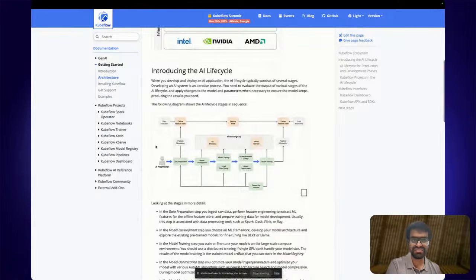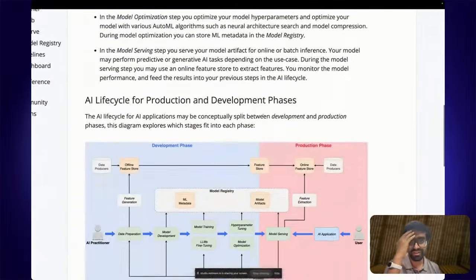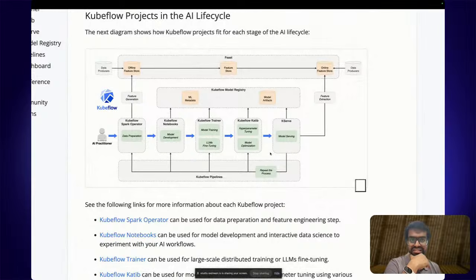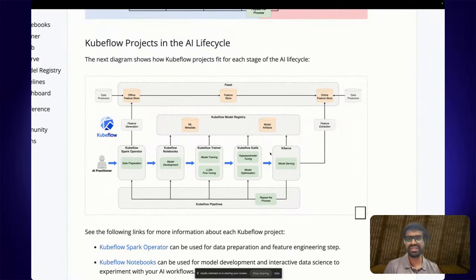Let's take a look at the ecosystem here. So let's say this is our entire idea. We can see that these are all of the different components that you get with Kubeflow, and the different projects that you'll use for each one of these steps of an AI lifecycle.